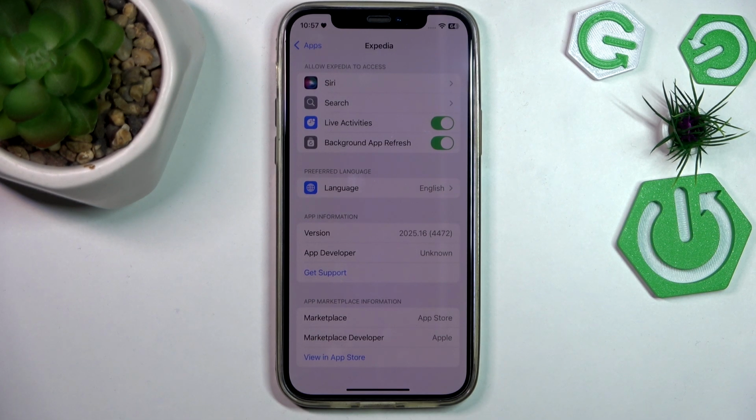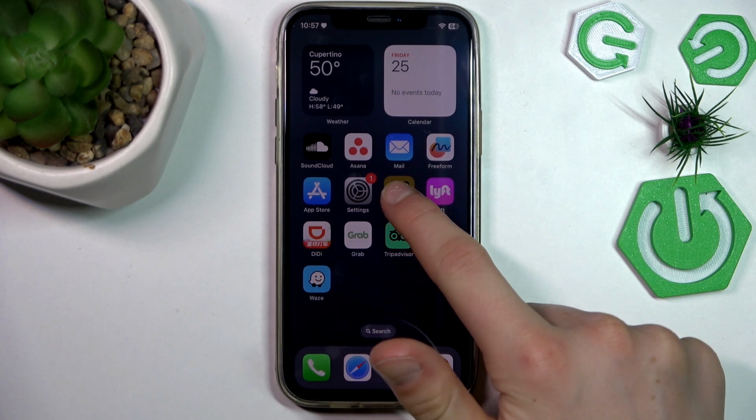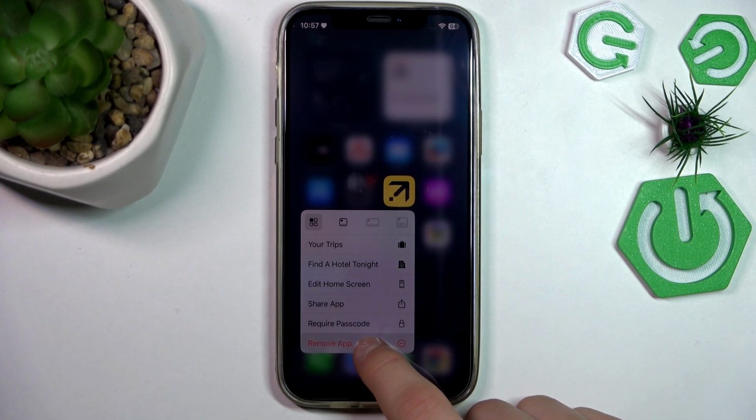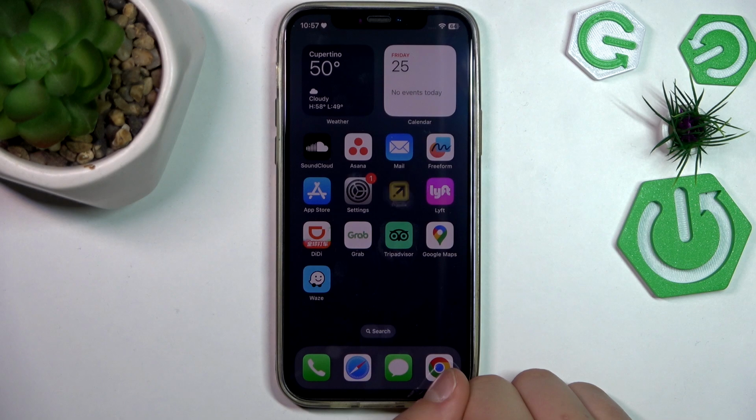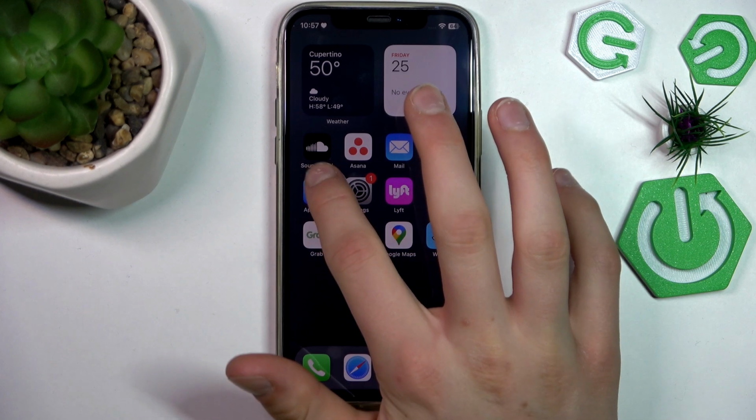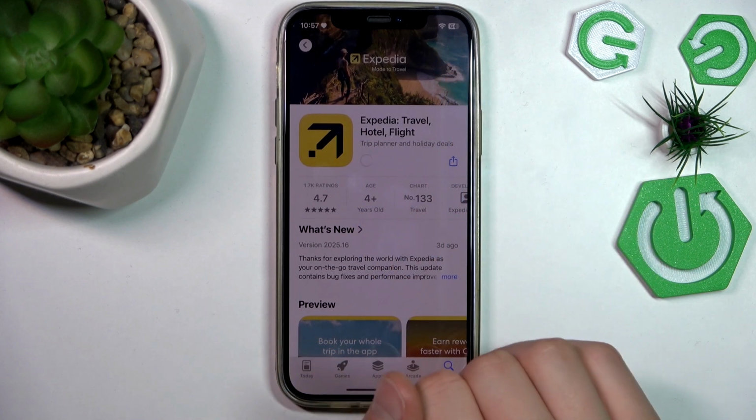But if not, the last way is just reinstall the app like this. Remove, go back to the App Store and just